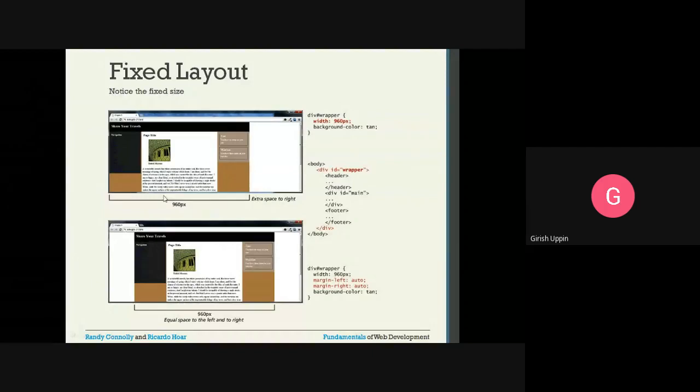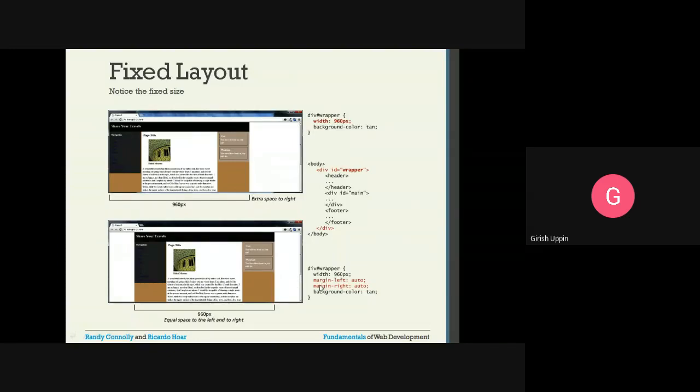And if you see here, the width of this is the complete div. Inside the div we have all these things. The width is fixed to 960 pixels. This particular screen is larger than 960 pixels. The extra area, whichever is more than 960 pixels, will be shown as blank. Okay, that is with the fixed layout.